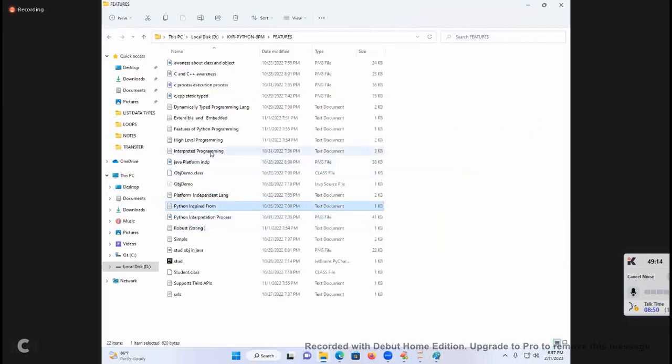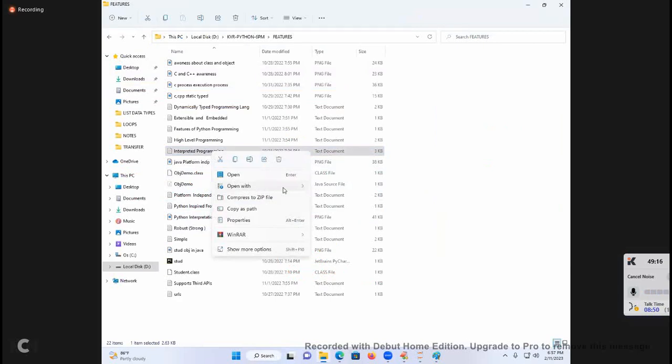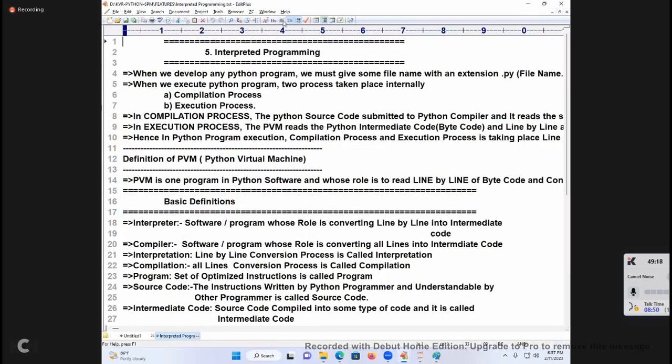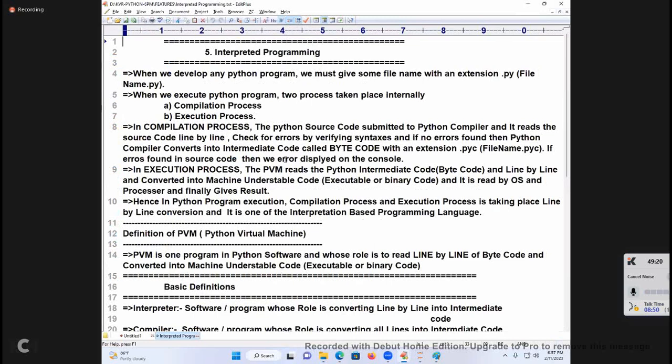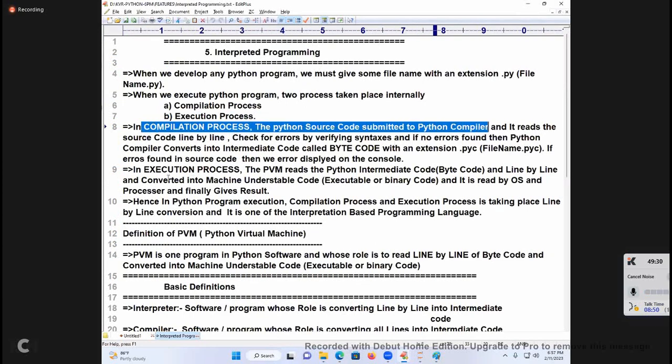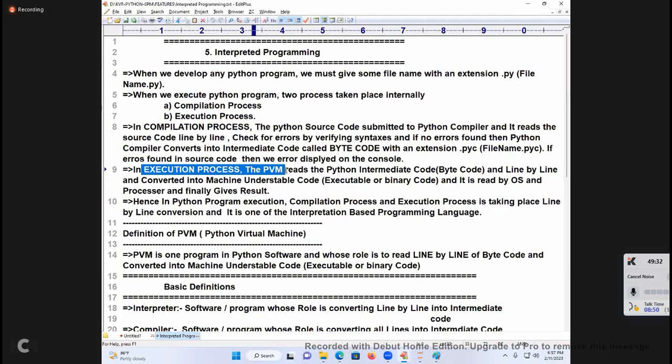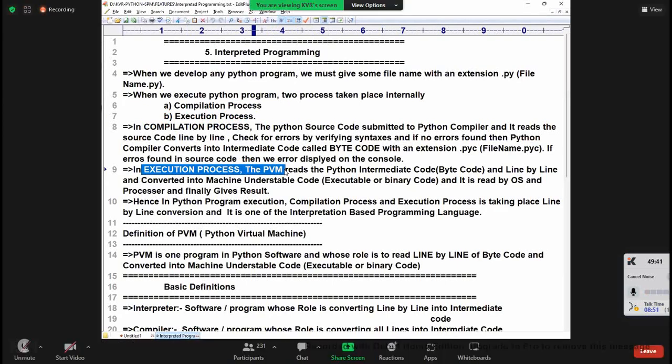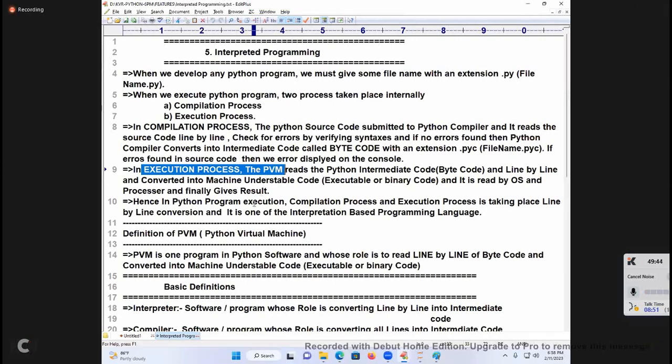Python is an interpreted programming language. I said, at least you don't tell the answer, you tell, sir, you read these notes. Why? You see, a Python program executes in two steps, compilation and then what? The compilation process is executed by the Python compiler. The execution process is taken by what? The PVM. If you tell my name, I won't get that problem from you, because I already explained. And telling lies is not good. I already said to you.